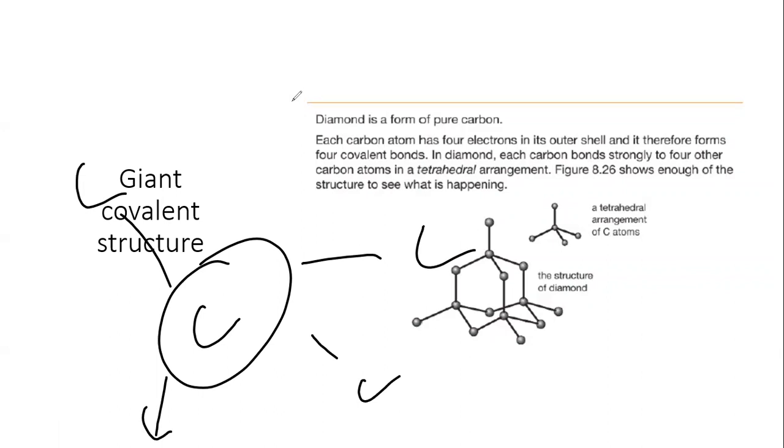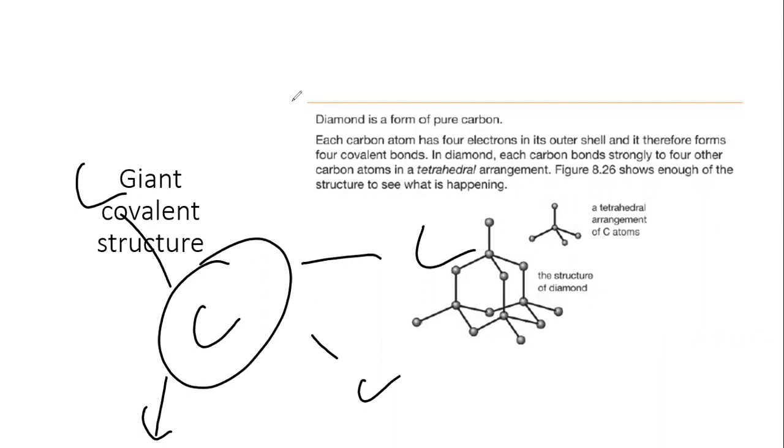What else is part of the diamond structure? What else do we know generally about the structure of diamond, or even its properties? Diamond's really, really hard because of the very strong covalent bonds between its atoms. Exactly, the carbon atoms. Exactly. So when you're talking about